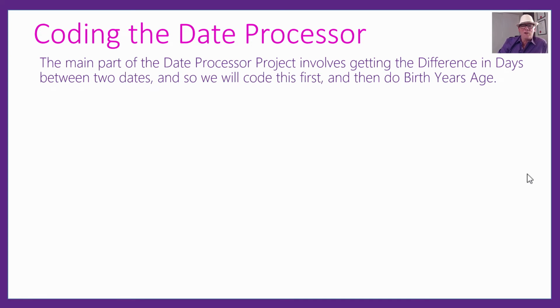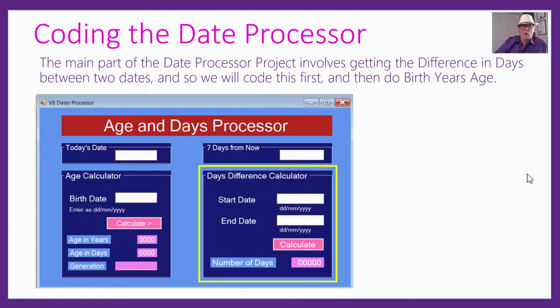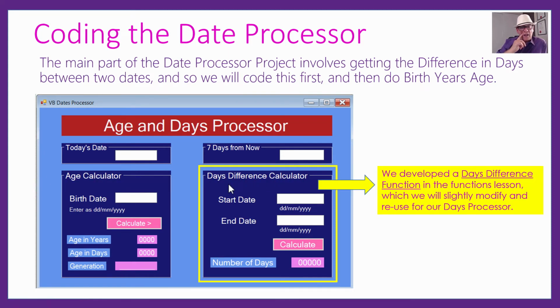All right, so the main part of the date processor is this difference in days because a birth date isn't a big deal for working out someone's age. You're just getting the difference in days and then dividing it to work it out into years. So we'll actually work on this right-hand side calculator first, the days difference calculator, because once we get that working, it's going to be very simple to use the function we built for this and just get it to do someone's age from their birth date, by comparing their birth date with today's date and finding a day's difference. So this is the one we're working on first on the right-hand side, and we developed this function